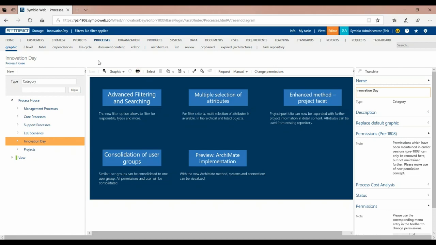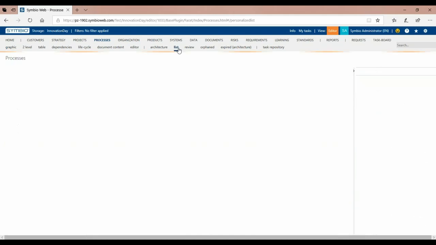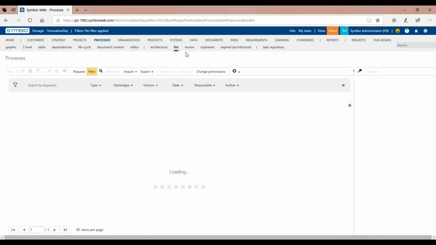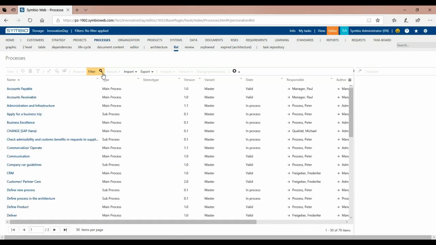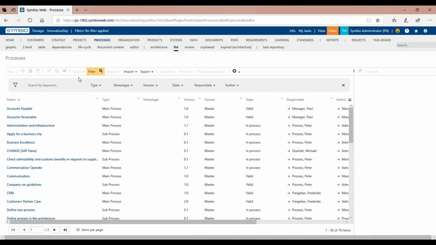Until now, it was not that easy to get this information, but now we have this kind of filtering. You go, for example, in the list, and we have this new icon in the toolbar, which is the loop. And if you click on it, you have now the new opportunity to filter for